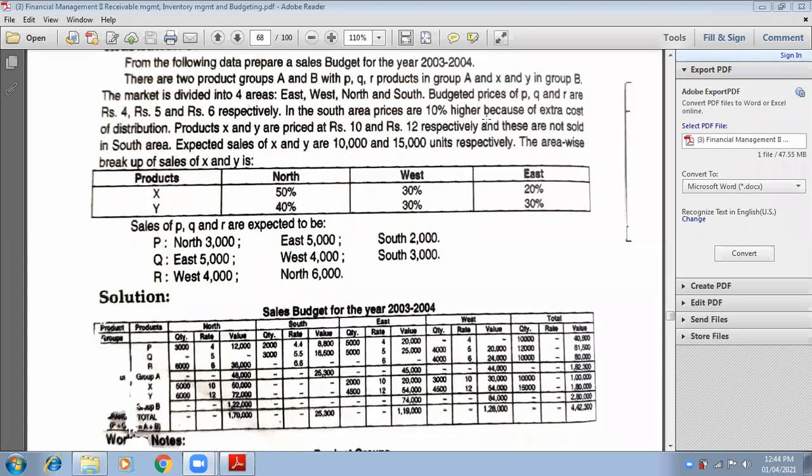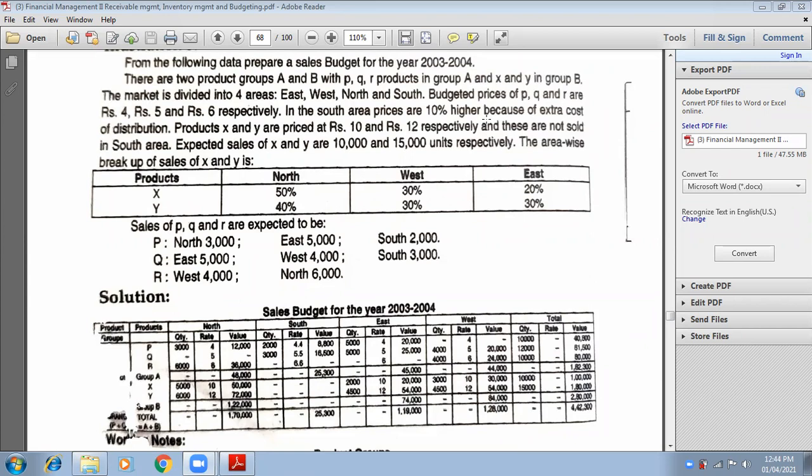So what do you need to do to calculate 10% higher? Higher means add or less? The price will increase or decrease? Yes. So what you need to do? 4 plus, come on, do it on the calculator. I'll tell you. Press the number 4, then the plus button, then 10, then percentage. Plus, because it is increasing. If it was decreasing, we would have pressed the minus button. Anyways, now it is plus.